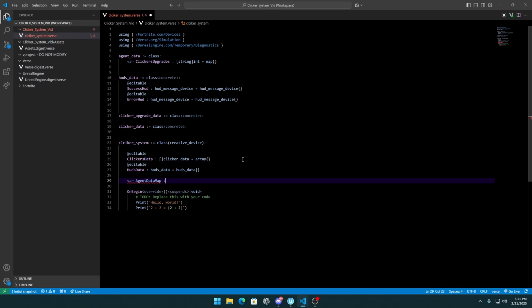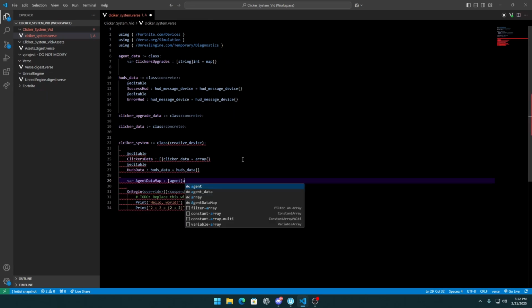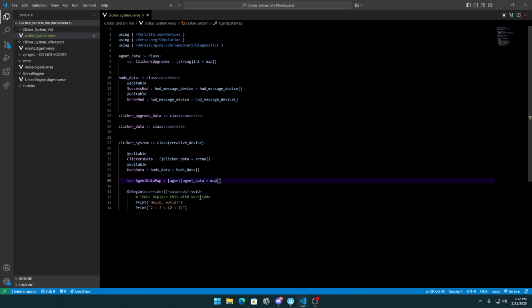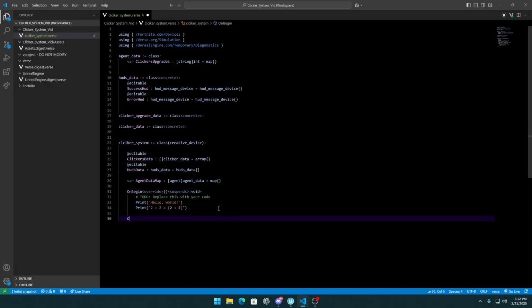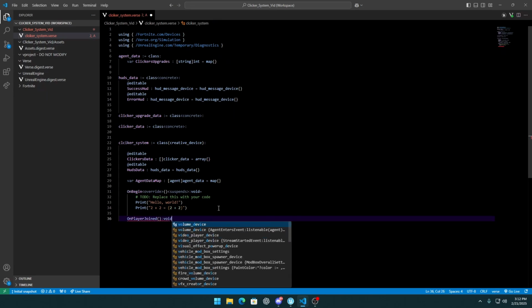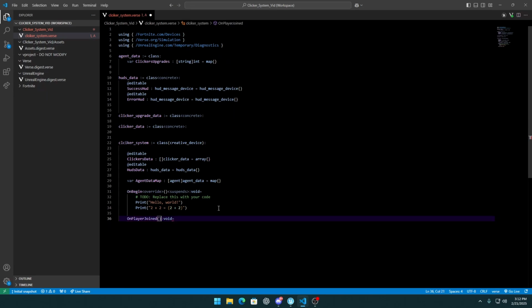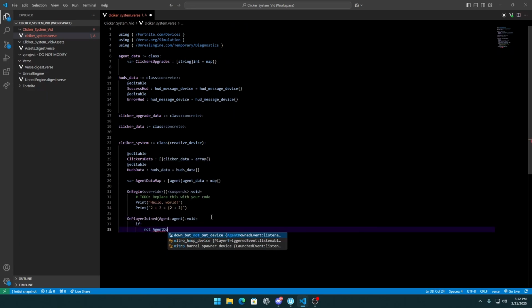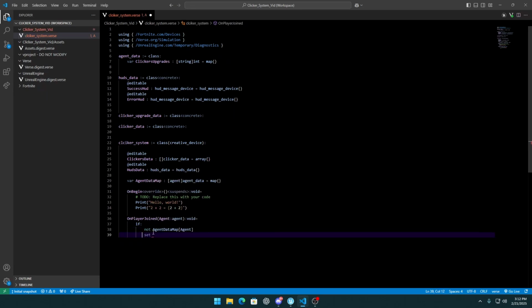This is a map where the key is agent and the value is agent data. We will need one function, which is on player joined, and here we want the agent. If there is no agent data map entry for our agent, we want to set agent data map for that agent,